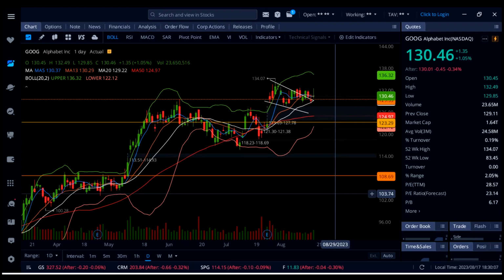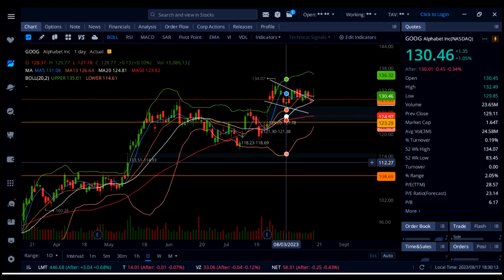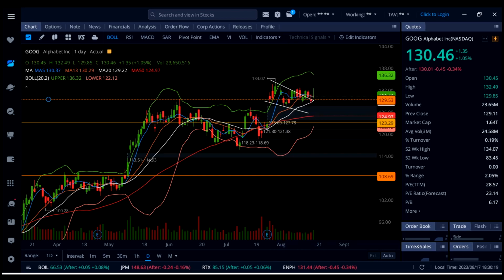On Google, stock is down 1%, and so far Google stock is holding 129 to 130 as a support. If you look at my screen, white line 20 SMA is 129.22. So that is going to be a key level to watch on Google stock, and if that gives up, you're going to see a flush all the way down to 125, red line 50 SMA, and then the gap below